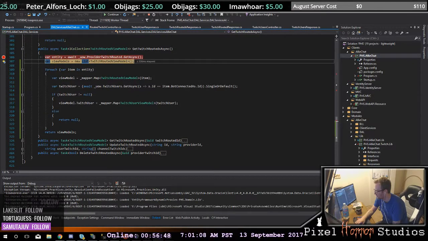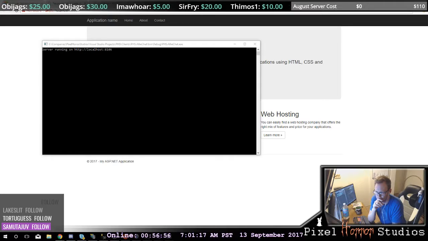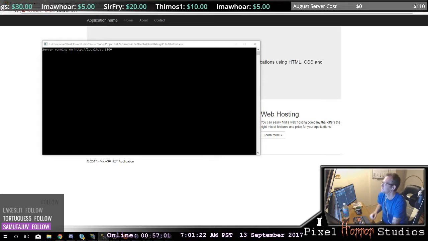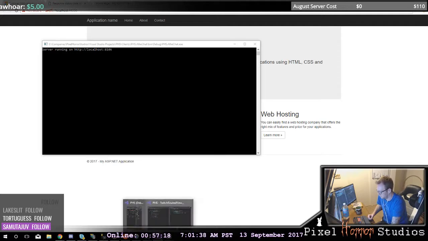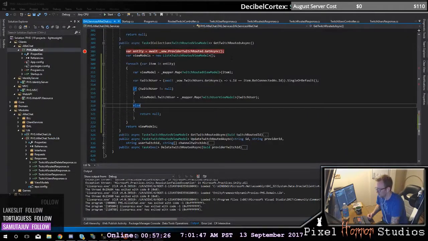Okay, so now when I pull entity here, I want to take a quick peek, and I don't want to show this in case it has an OAuth token, which I'm sure it will. It currently doesn't have a bot connected, but if I look in the database, I do see one that's attached. So here,